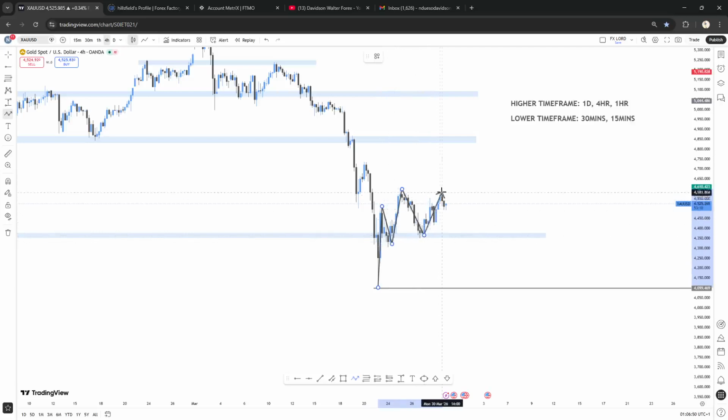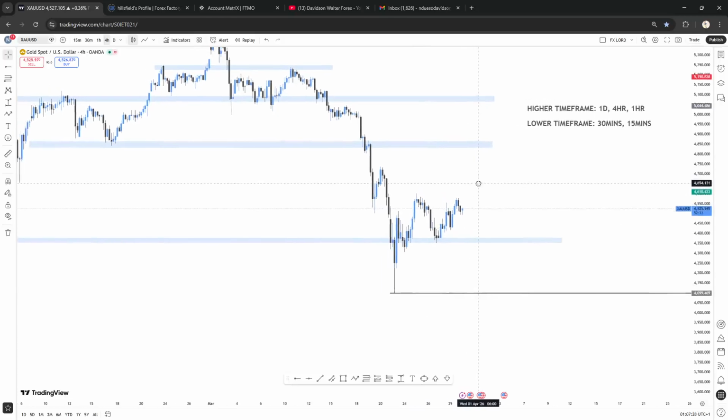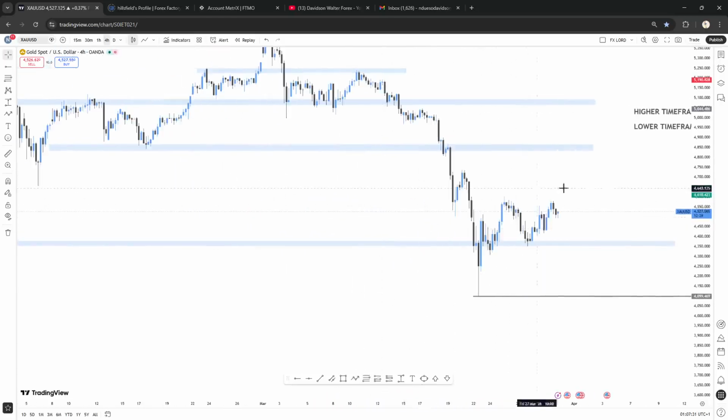Now currently we are supposed to have a higher high right after this, but market could not break above this. Rather, we ended up having equal highs. And now market is trying to correct, then giving us that continuation to the upside. So following this current trend, what can you tell? There is actually a reversal, and gold is looking to buy back to the upside. So this is what we can see on the 4 hour time frame.